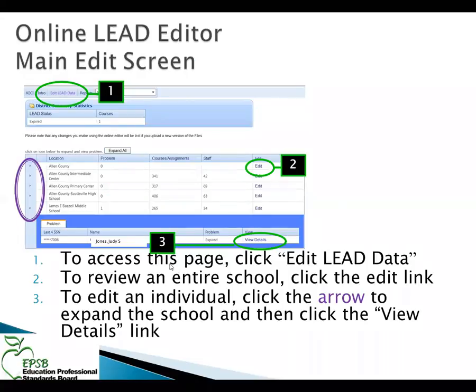Now, if you want to see an individual's listing, let's say we know that this middle school has an error, use the arrow that's in that purple circle over there to drop down that school. It'll expand that school out. It'll give you the last four of the social, the name of the teacher with the error, what the problem is, and then the view details link that will take you to their individual listing page,